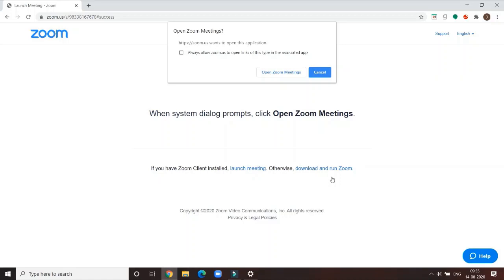Once you click on that, this is a page which will open along with a pop-up. If I do not already have the Zoom app on my laptop, by clicking on open Zoom meetings or clicking here download and run Zoom, either option will proceed to download Zoom on the laptop. If it's already downloaded, it will directly take me to the Zoom app. So click on any of these, follow the process, and download the Zoom app. The download will appear on your bottom left hand corner. Follow the settings, run the settings for that particular download. It will download the Zoom app onto your PC or your smartphone.